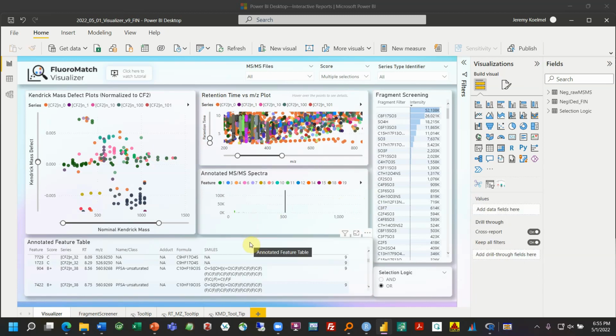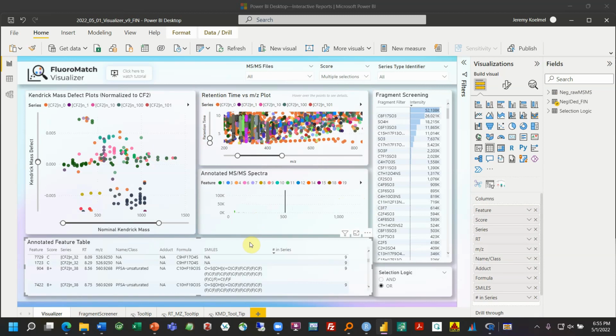Now I'll just go over some other more advanced parameters if you still want to stay on, but those are the basics. That's all you need to know. You can see this table over here. We have those in the series, so on and so forth. Other things you can do